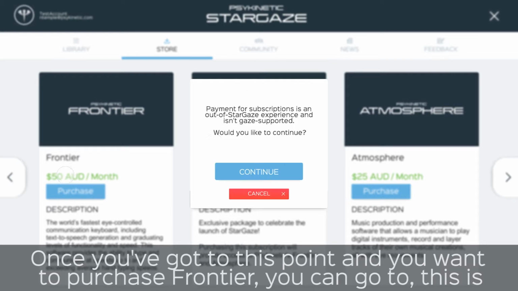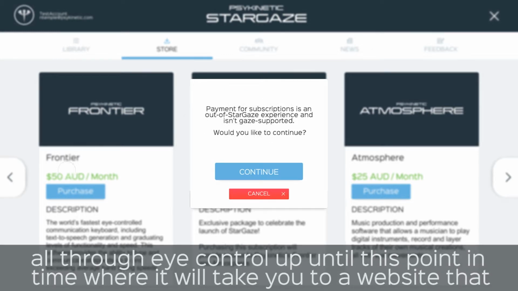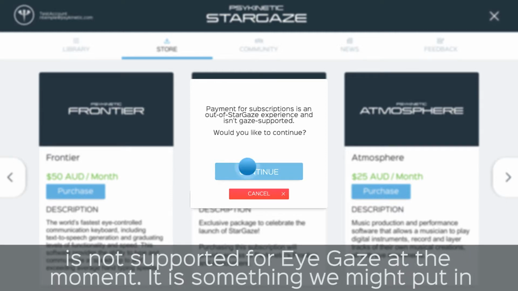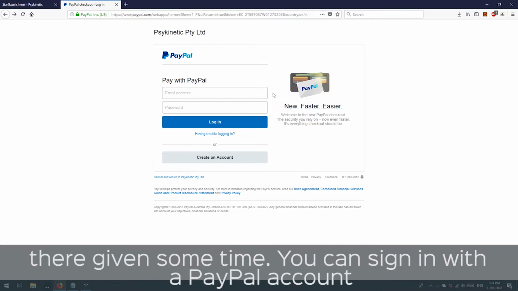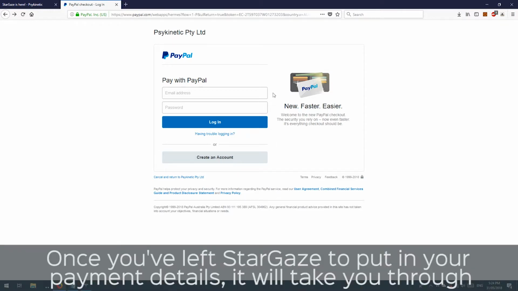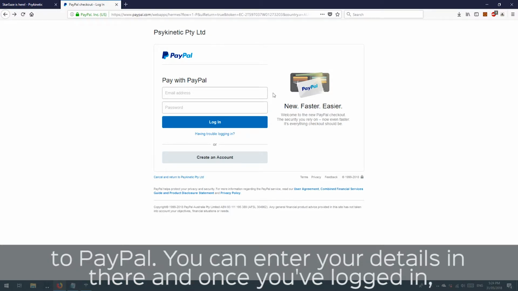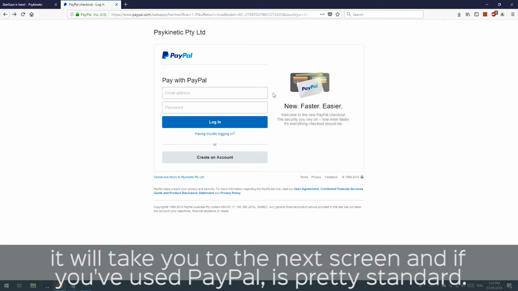Once you've gotten to this point, if you want to purchase Frontier, you can do all of this through iControl, up until this point, where it'll take you to a website that's not supported for iGaze at the moment. This is something that we might put in there given some time, but now you can sign in with a PayPal account. Once you've left StarGaze to put in your payment details, it will take you through PayPal. You can enter your details there, and once you've logged in, it'll take you through to the next screen,